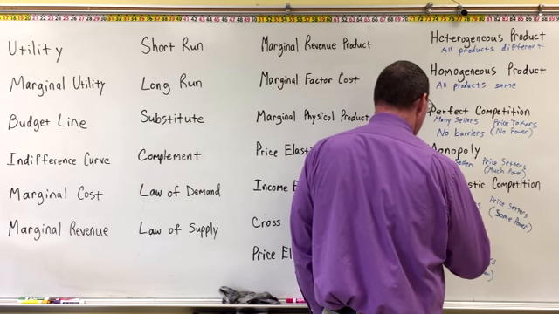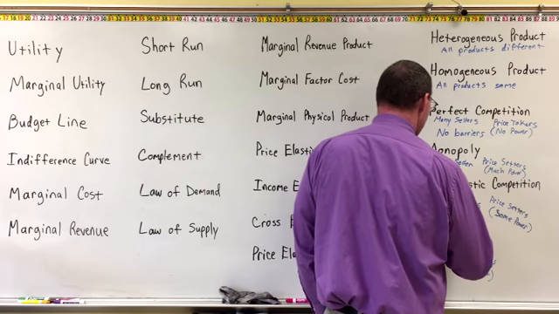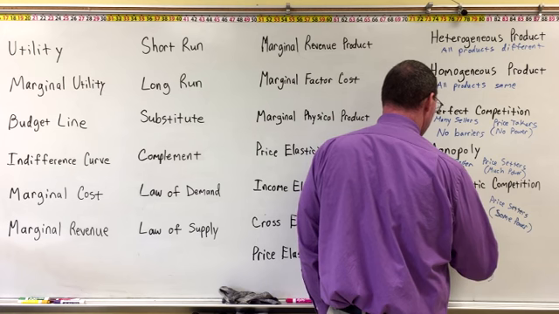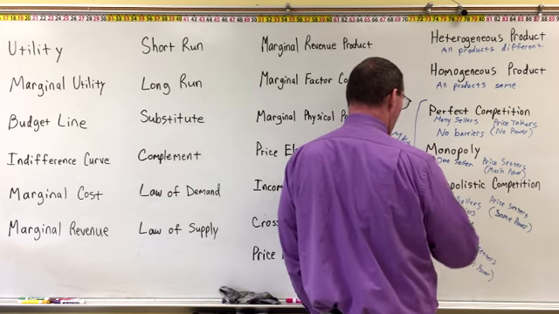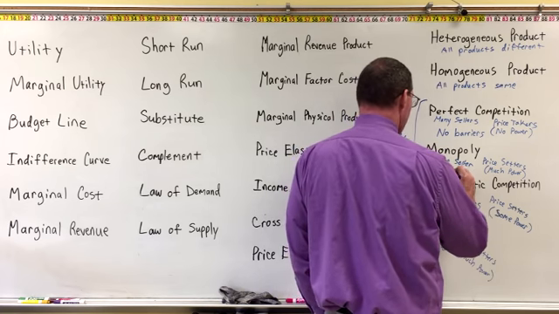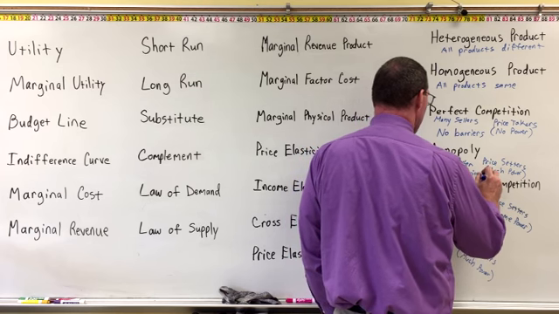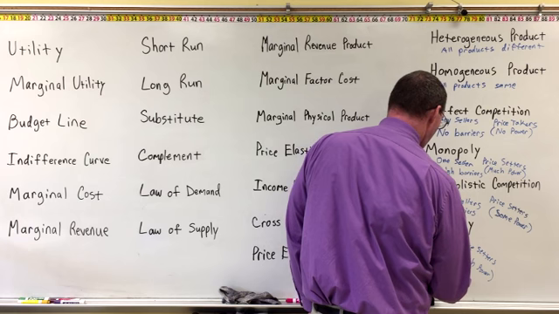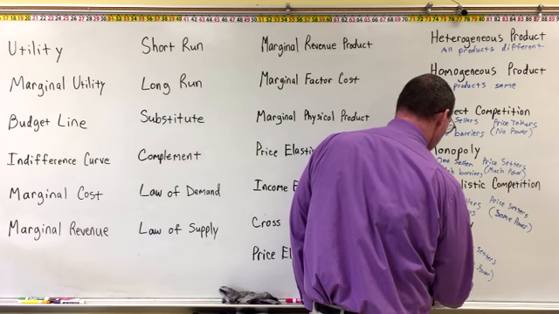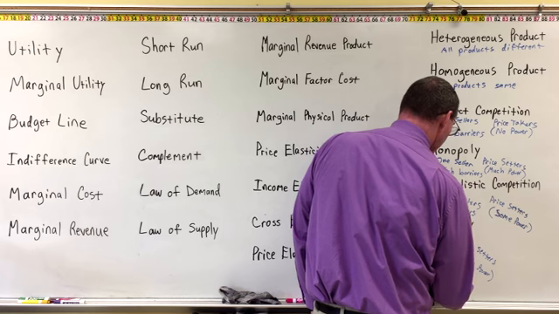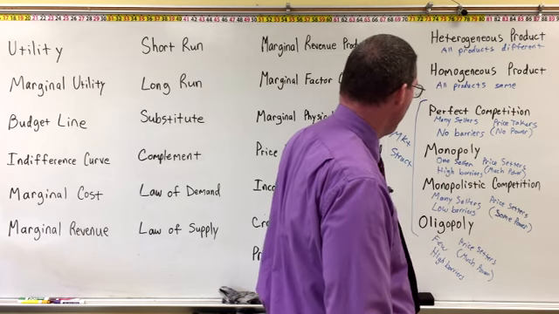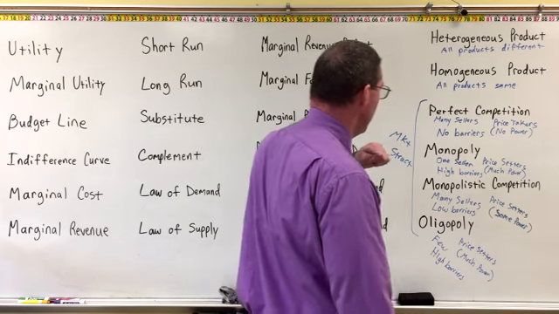Monopolistic competition has what we call low barriers to entry and exit. But monopoly and oligopoly, they have high barriers. And technically, I say that monopoly has extremely high barriers. But high barriers to entry and exit. Okay, so that's three of the